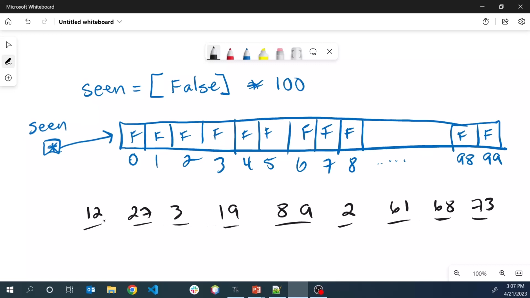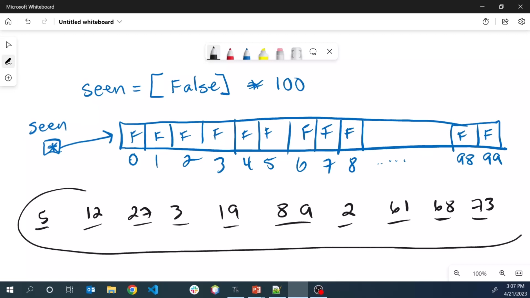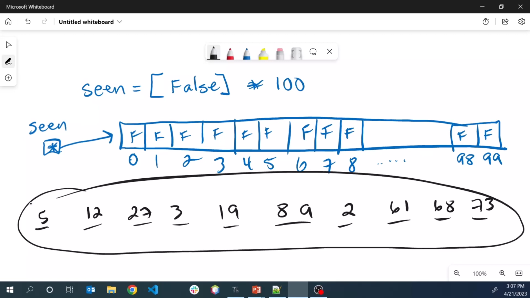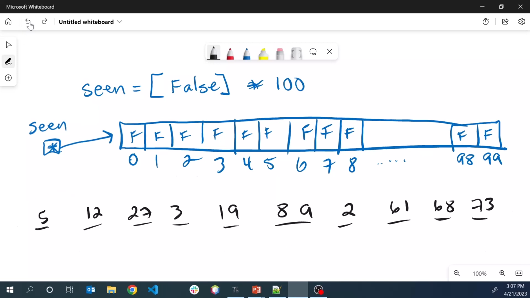And let's pretend we'll make a new starting number. Let's say we read the number 5. All right, so what happens when I read this entire line from the user is I'm going to loop over each number in that line, and when I come to the 5, right here,